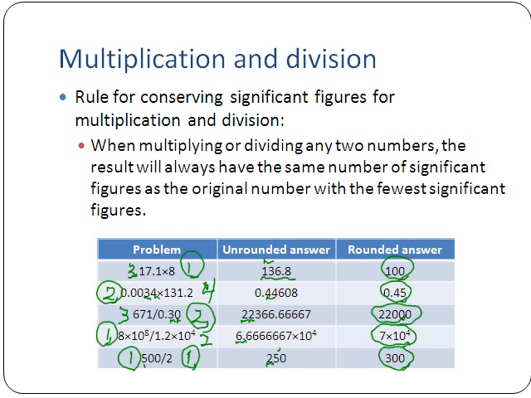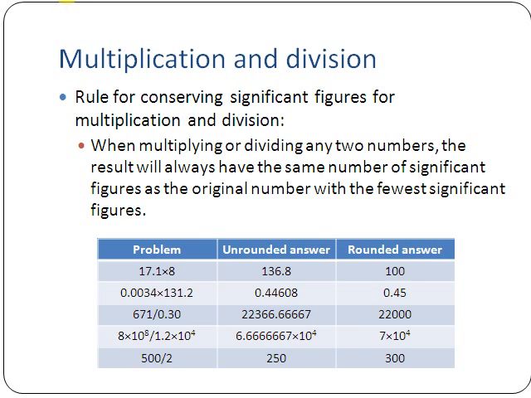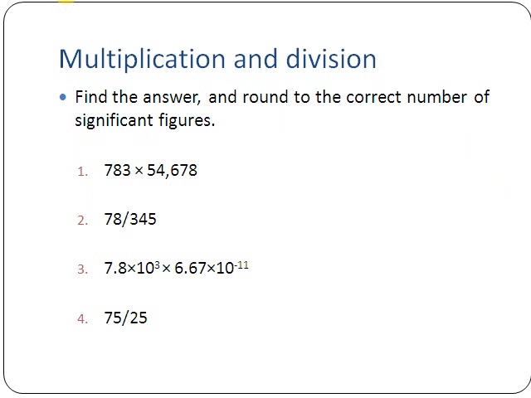So let's look at a couple examples of what we might do with this. The question here is to find the answer, rounded to the correct number of significant figures. In the first case, we have 783 times 54,678. If we type that in our calculators, you are going to get an unrounded answer of, let's see,